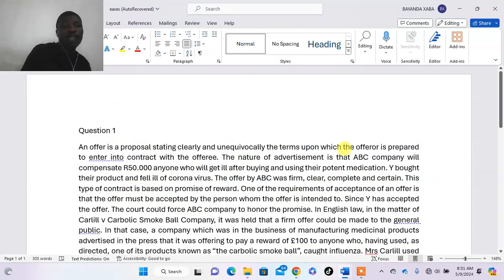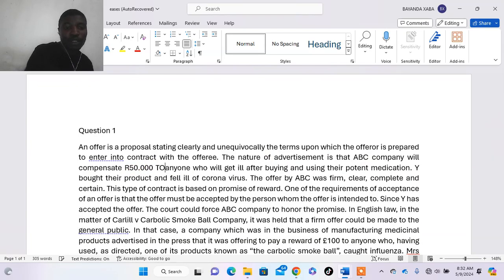So when you get this question, this is how you must answer. Firstly, you must tell them what an offer is. You tell them that an offer is a proposal stating clearly and unequivocally the terms upon which the offerer is prepared to enter into a contract with the offeree, right? The nature of the advertisement in this case: it's ABC company. The nature of the advertisement is that ABC company will compensate 50,000